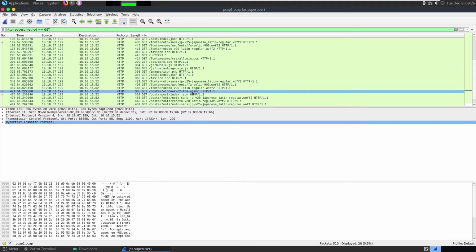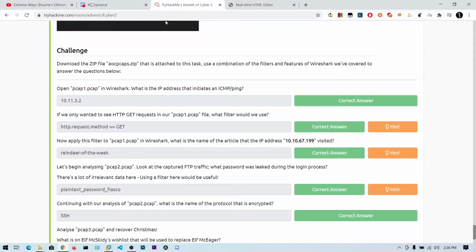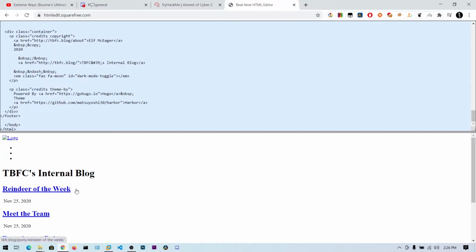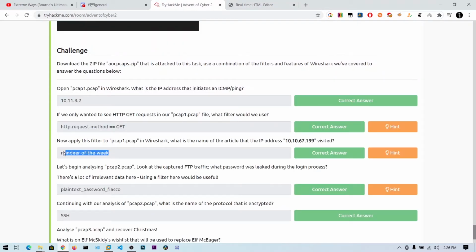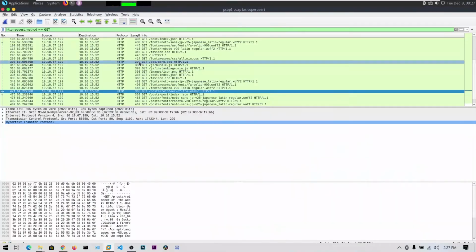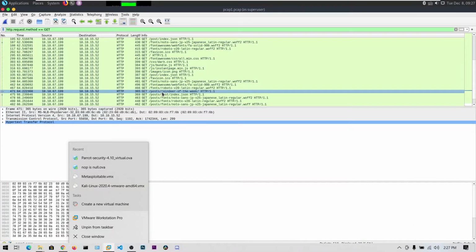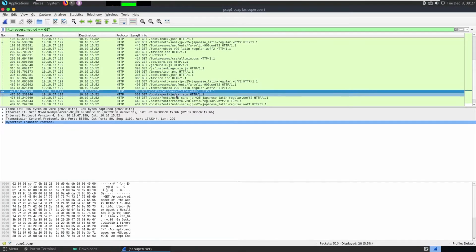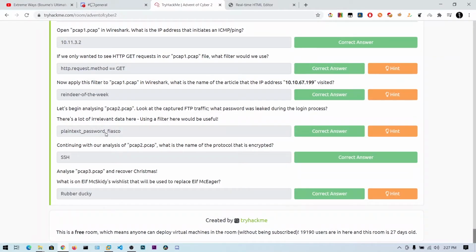This is the format they require. Even though we got this reindeer of the week, it's not the correct answer. They want this reindeer of the week with hyphens in between the words. So that is the answer. If you scroll down, you can see the request of the reindeer of the week. So that's all about pcap 1.